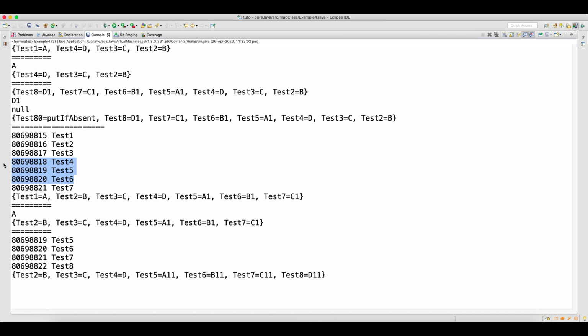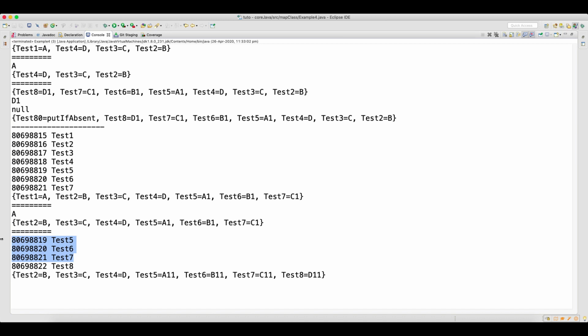So whenever the hash code is same, and the object is also same. Test 5, test 6 and test 7. So basically these 5, 6, 7 and 5, 6, 7. In the string, when you use the same string for the two objects, it will point to the same object in the string constant pool, right?